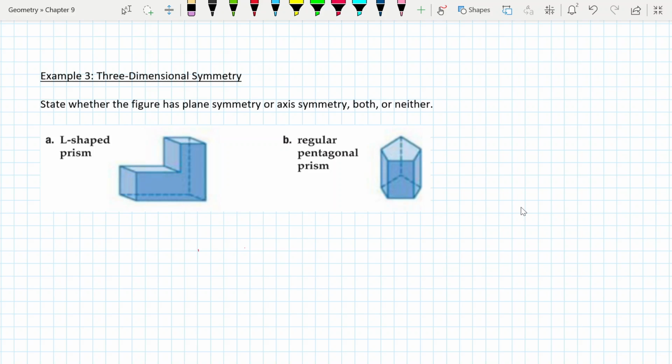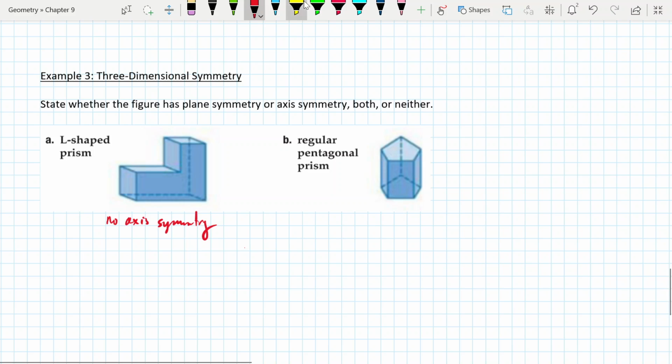I'm sorry I'm erasing these pictures after each one, but you just need to visualize it for a second to confirm or deny. You get the same problem when you do it vertically. Long piece sticks out here or it sticks out on the other side. It's never going to match up with itself, except for the really boring one with 0 degrees. So here we're going to say no axis symmetry,